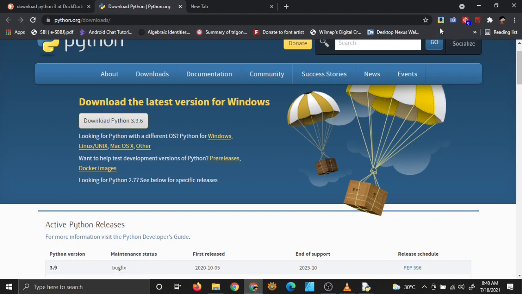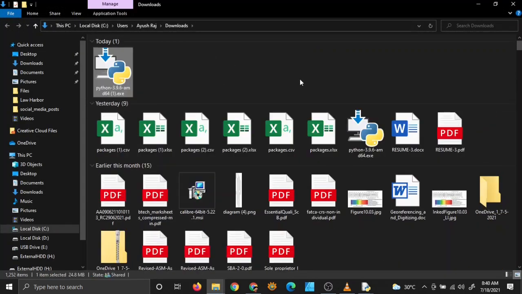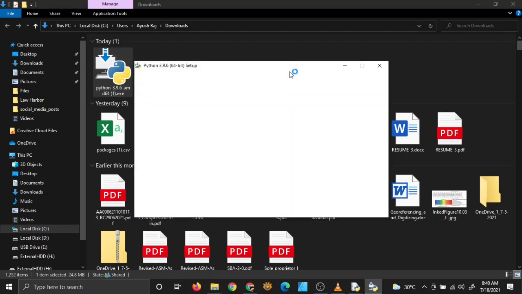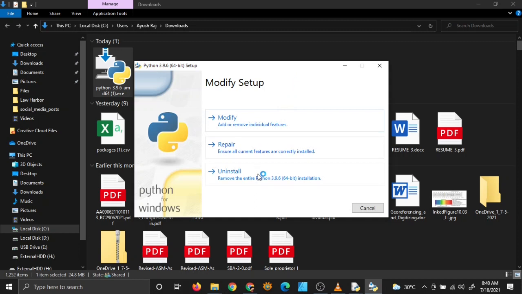So you have to wait for it to download and it has downloaded for me. I will now go to the setup and I can simply install it by double clicking it. So when you double click it, you can see something like this. So you will have options to install and you just have to click next and install it wherever you want.